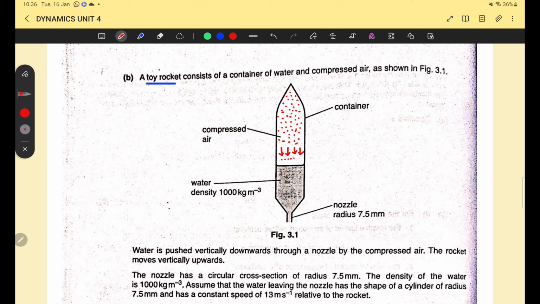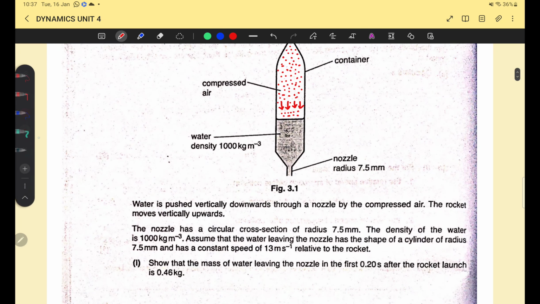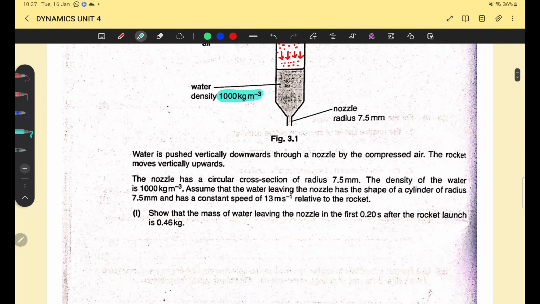This is compressed air exerting pressure on water. We are given the density of water. And when this water is ejected out from this nozzle,